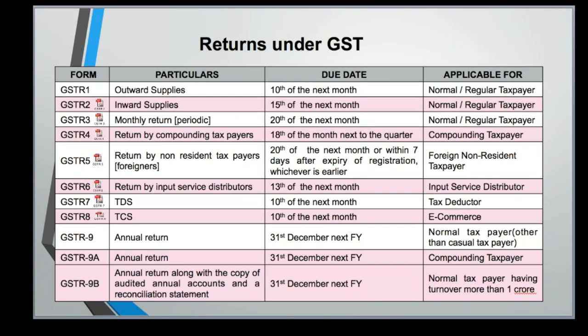Similarly, when we discussed the payment voucher, we saw the law says the payment voucher is to be issued at the time of making payment to the unregistered vendor for reverse charge. But now suppose as per your books of accounts, you are booking the tax liability and the expenditure in July, but you are making the payment to the vendor in the month of August or September. Then when do you issue the payment voucher? Because law says at the time of making the payment to the vendor. So when you make the payment to the vendor, suppose in the month of September, then you issue a payment voucher in September.